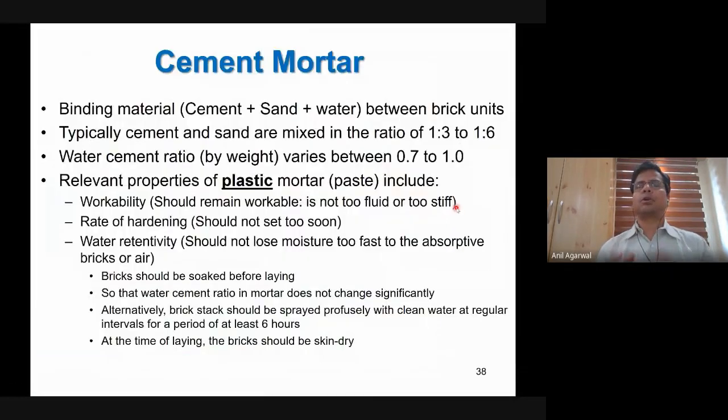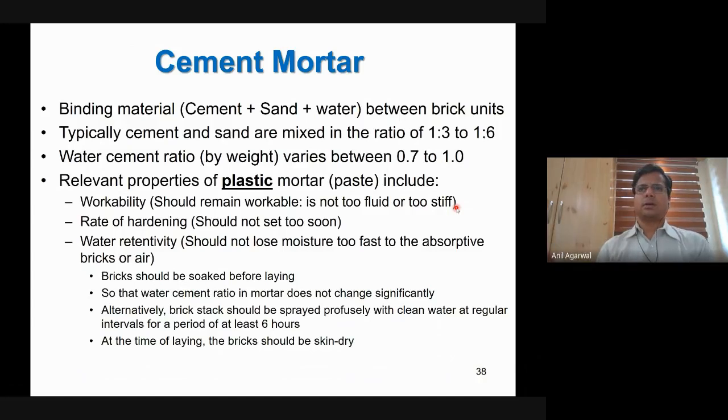The idea is that mortar has to have a very high level of workability. Usually you don't put concrete in a layer of 1 centimeter, that is a 10 millimeter thick layer. Concrete is usually deposited in larger quantities. So concrete is sometimes required to flow, and that flowability is achieved not by adding water. For mortar, the strength is not so much of a concern immediately. What is of more importance for us is that mortar spreads.